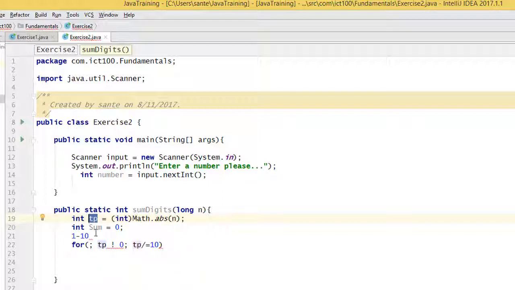So if it was like 1 to 100, then we can also change this to 100. I hope it's clear. Because we are dealing with numbers from 1 to 10, that's why we are using 10. Okay, and now